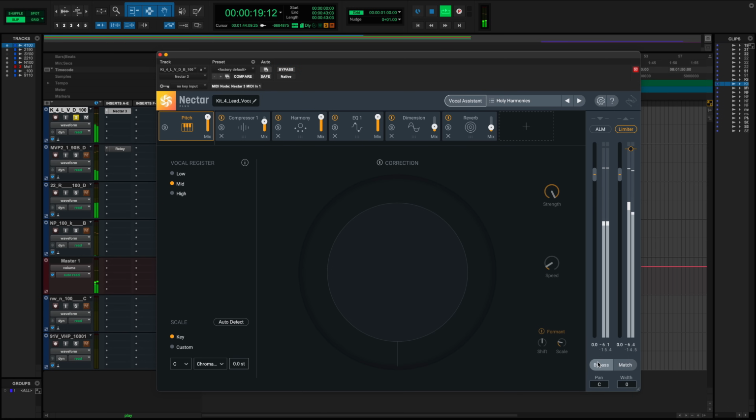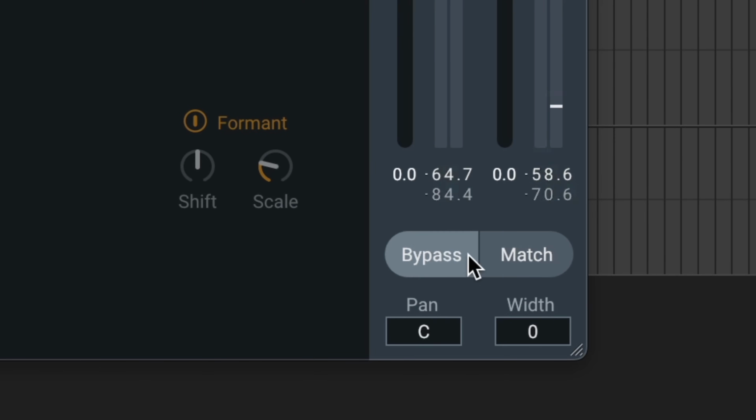So you might be wondering, what's the match for? Well, the match is very important. As humans, we really like stuff that's louder. We think that louder sounds better. The reason match exists is to match the loudest level from the before and the after, so that you don't get fooled into thinking, wow, my vocal sounds better after it's processed with Nectar, and what's really going on is your processing is bringing up the level, making it louder. So the after, of course, is going to sound better because it's a bit louder than the before.